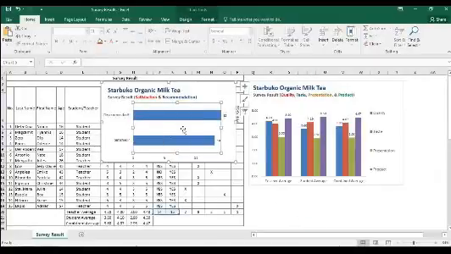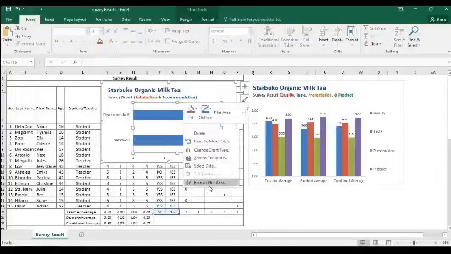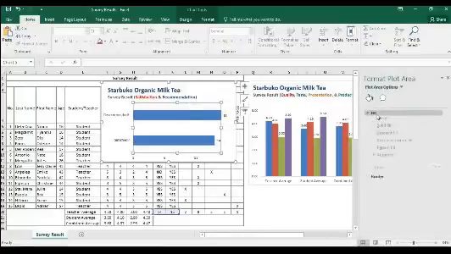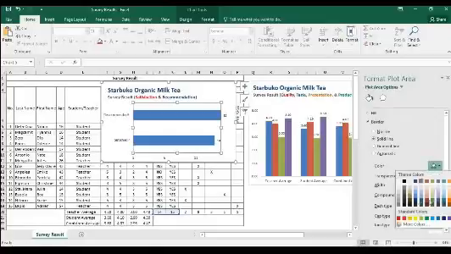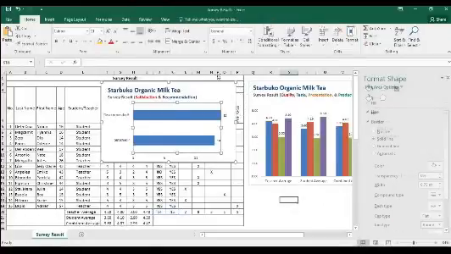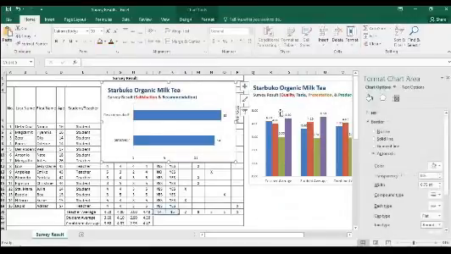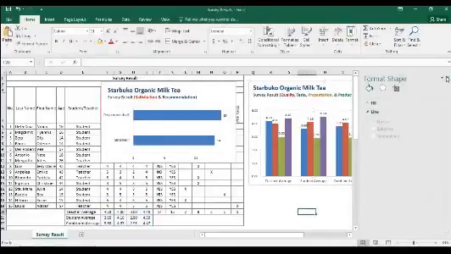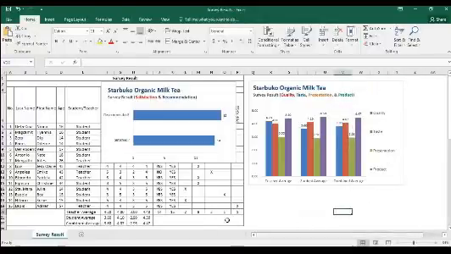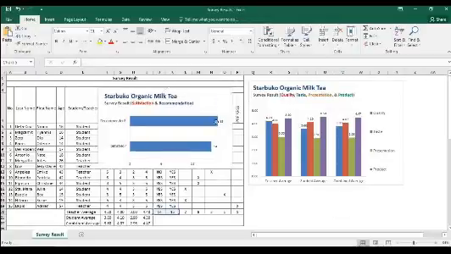There. And then let's put a line, by the way. So plot area, no fill, border, solid line. Yes, let's make it this color. Okay. Then also here, let's make it solid line. Okay, so there's already a line. And then the last one is, so we already have 2 charts.